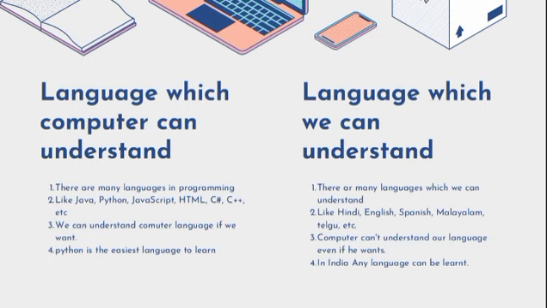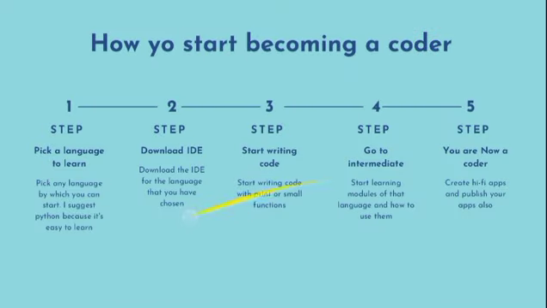Okay, so the fourth point is Python is the easiest language to learn. As I coded with Python, because I am also an intermediate, Python is the easiest language which you can easily learn because it's something related to English. So its coding is basically in English. Okay, some words are different, but all the words are in English. Okay, so next if we go,